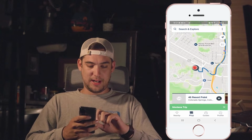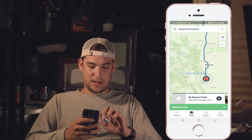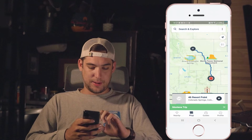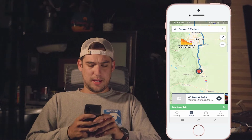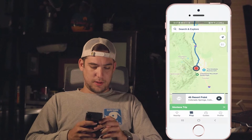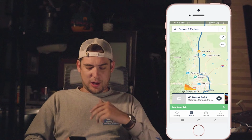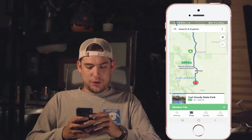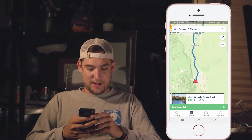us right here, and Montana way up here. Now, the closer that we get, the more activities we're going to see. So the further out you are, the bigger attractions you see, like Rocky Mountain National Park. The closer that you zoom in, the more attractions you see in that area,